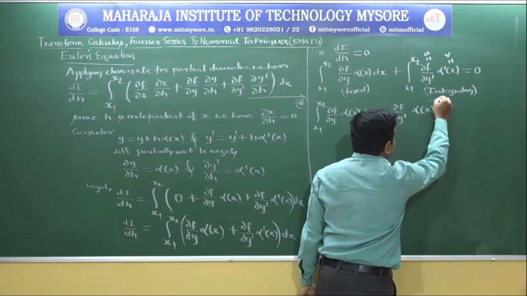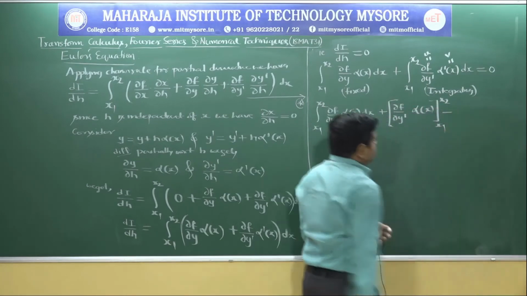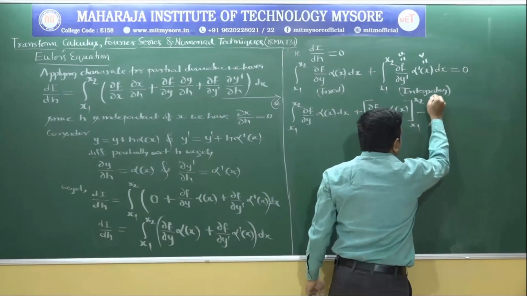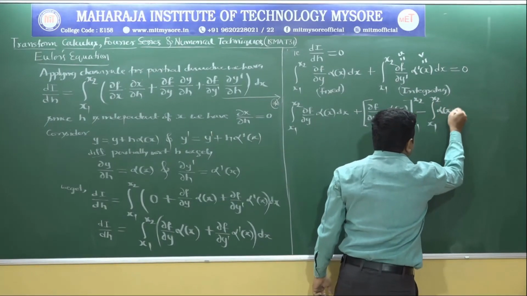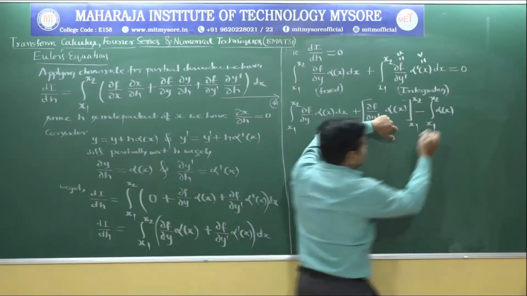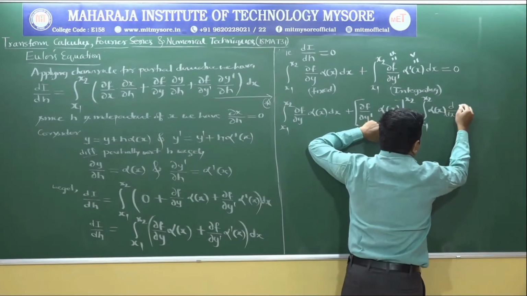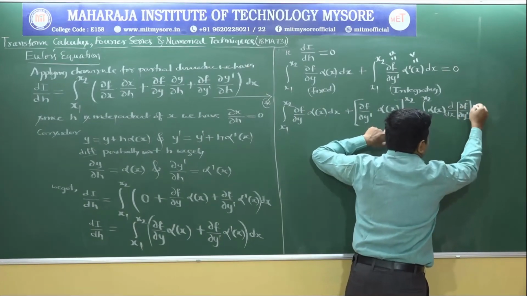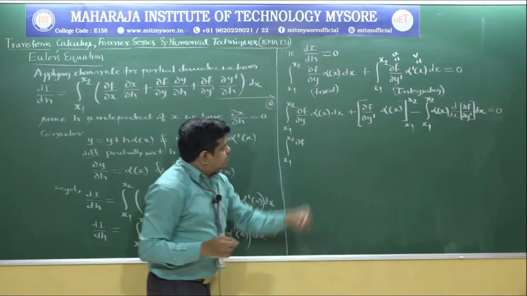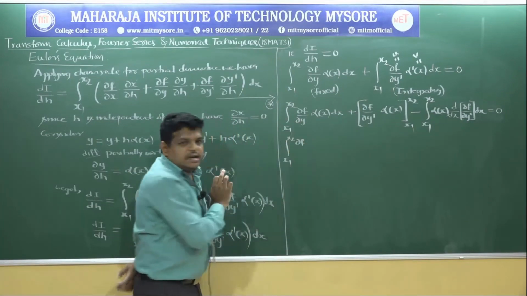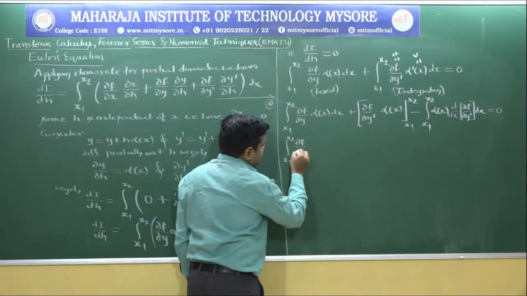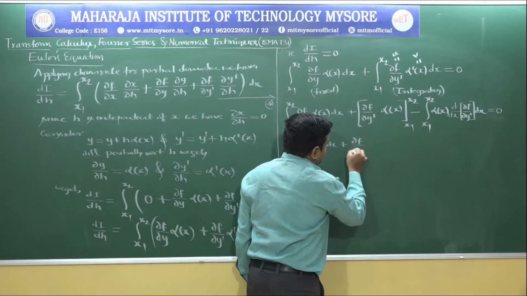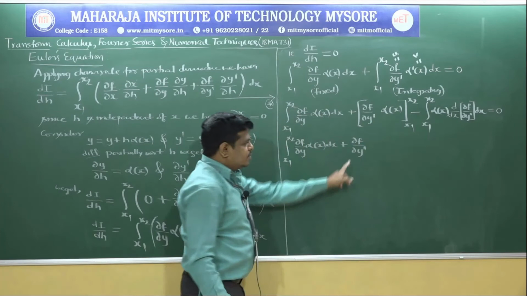Okay, limits x running from x1 to x2 minus, next for the second term, integration of x running from x1 to x2 alpha of x and derivative of the first term, that is d/dx of ∂f/∂y dash into dx. Okay, next I am retaining the first integral as it is, x running from x1 to x2 ∂f/∂y alpha of x into dx plus ∂f/∂y dash remains as it is.